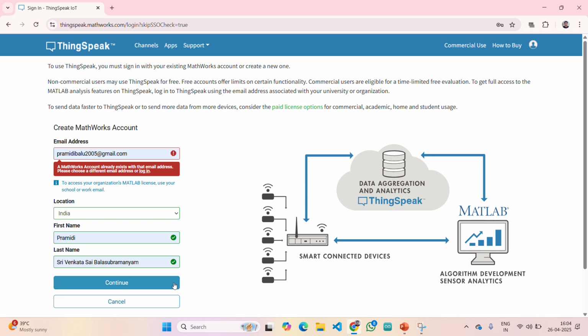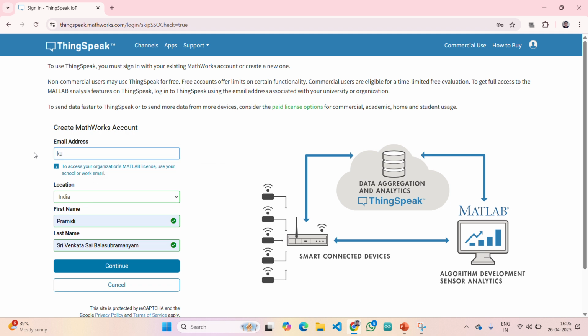So let me create an account. Once you fill the details, click on continue. This account already exists, so then you need to select login. So now I am going to do it with a new mail ID.